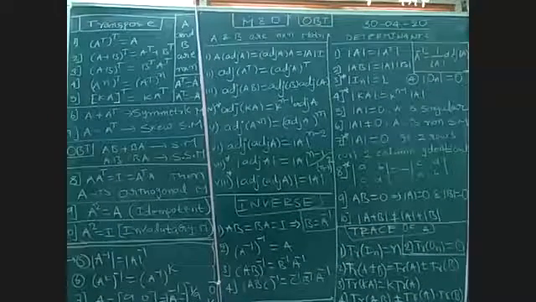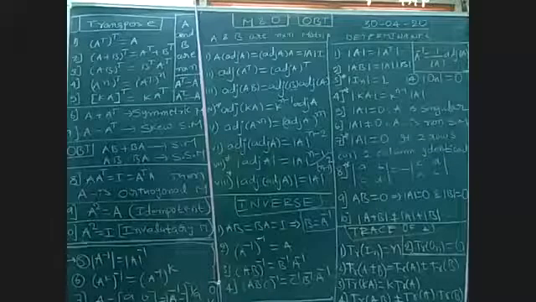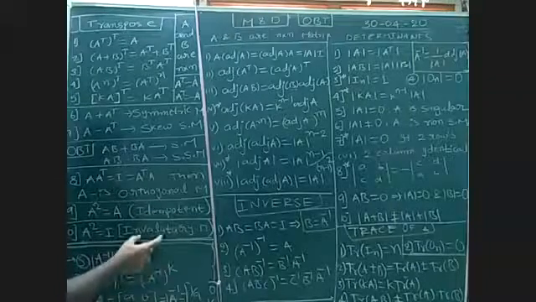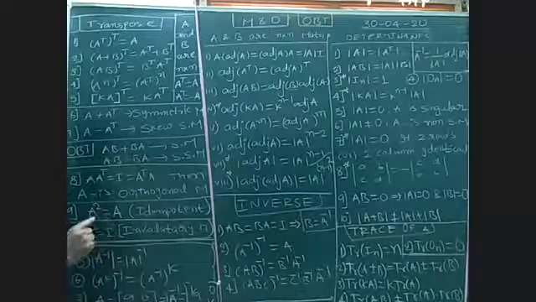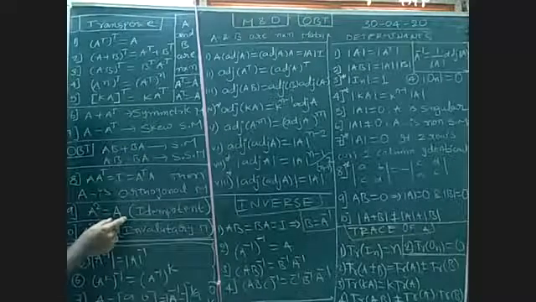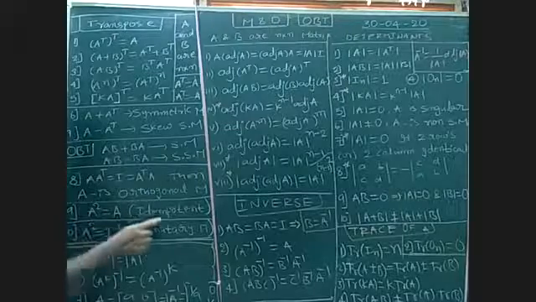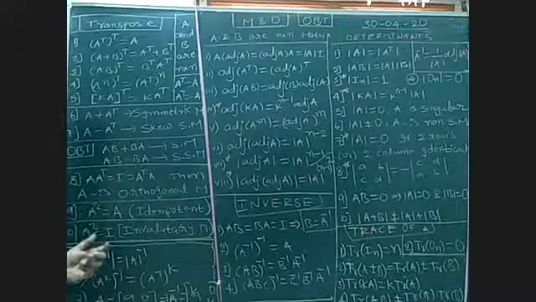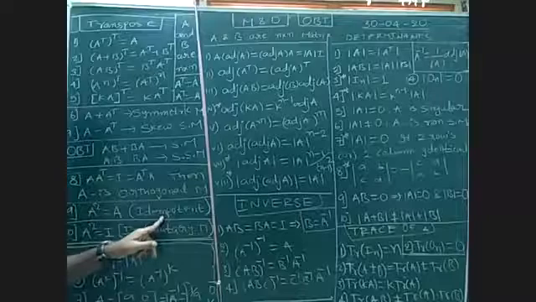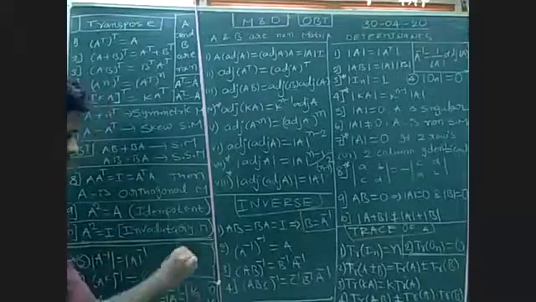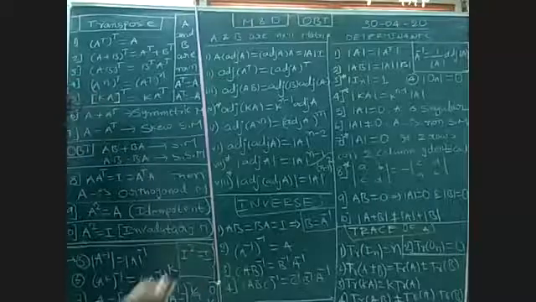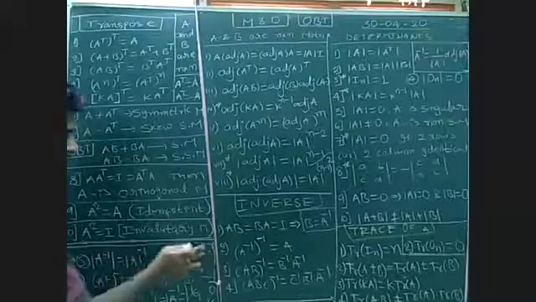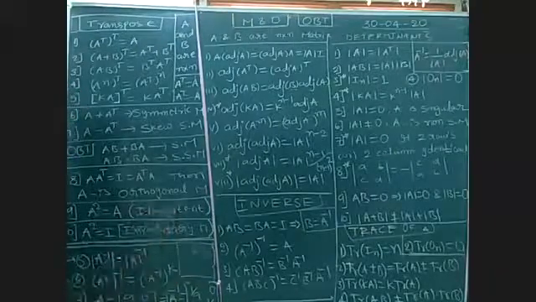Okay, let's observe here, up to here. This is called orthogonal. And try to remember the idempotent matrix and involutory matrix. Idempotent means when we square the given matrix, we get the same matrix again. Then that matrix is called an idempotent matrix. A square is equal to A. Example: every identity matrix is idempotent because I square, I cube, even I power 100 is always I. So the identity matrix we can always say is idempotent.